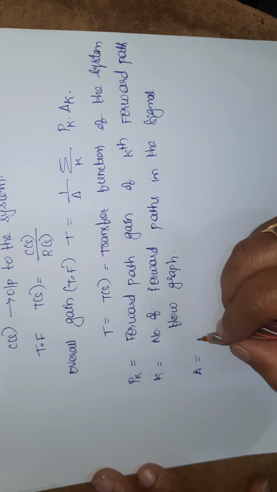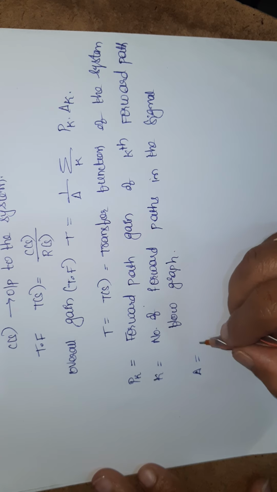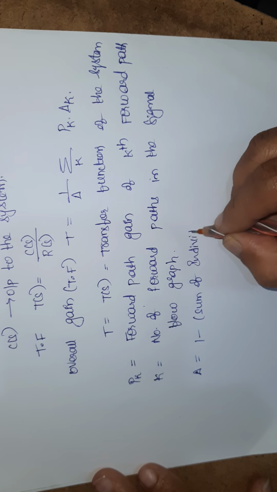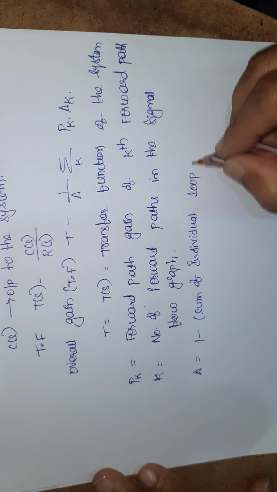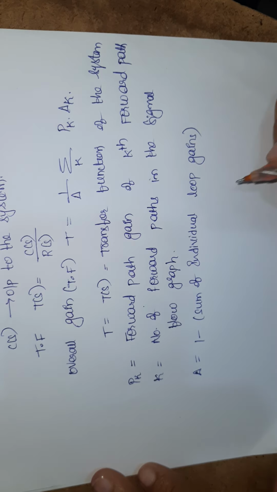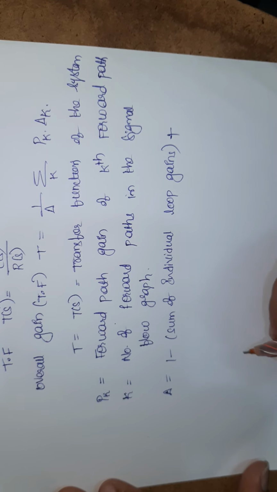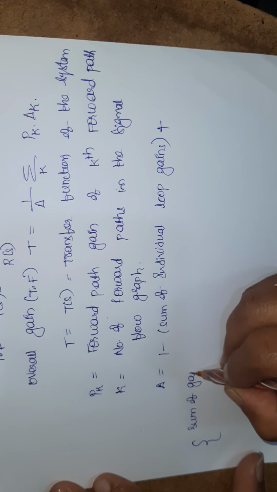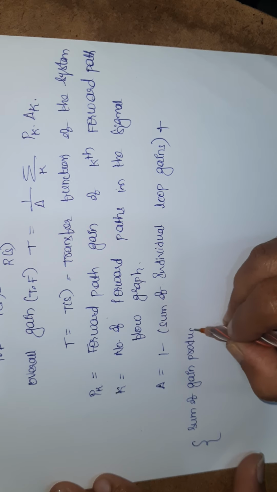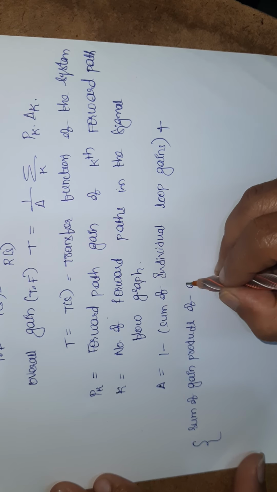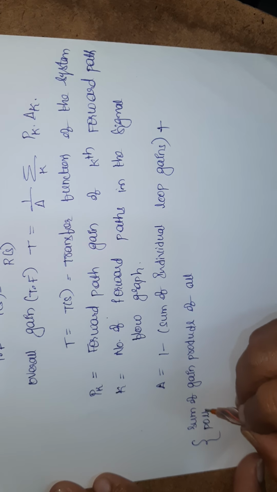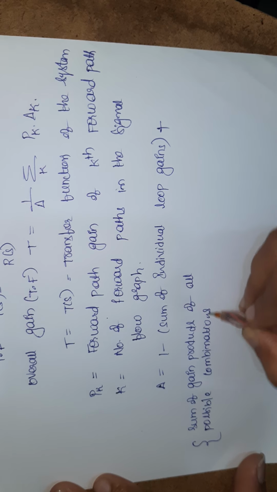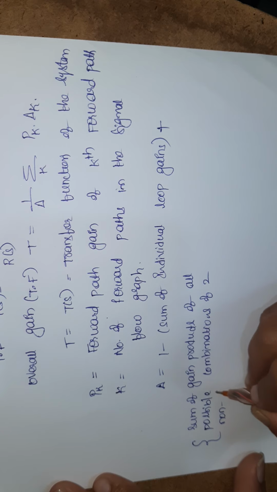Next, del. Here del is nothing but 1 minus the sum of individual loop gains, plus the sum of gain products of all possible combinations of two non-touching loops,